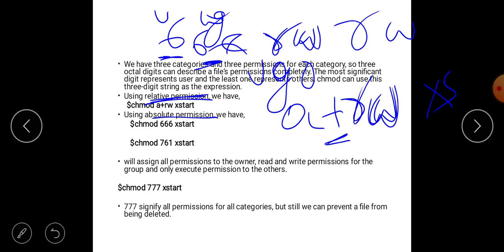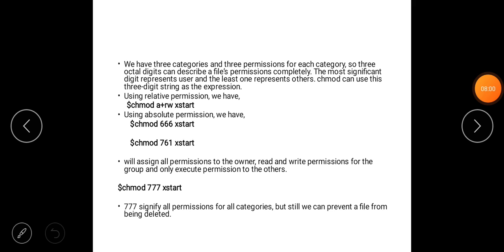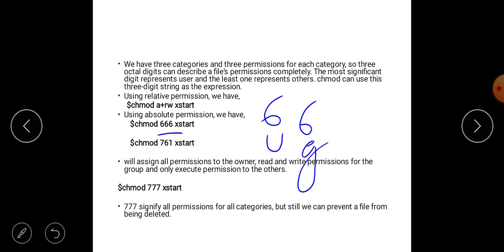The last 6 represents the read write permission for the others.